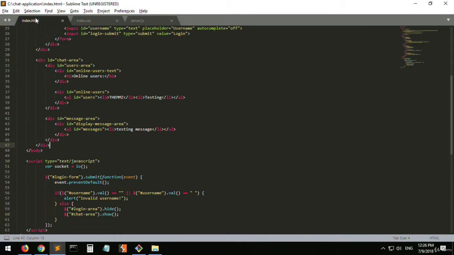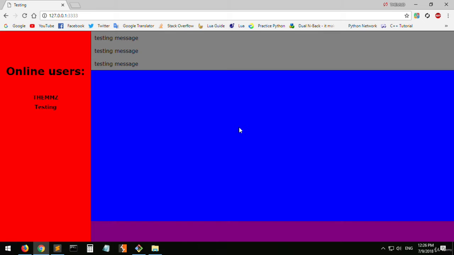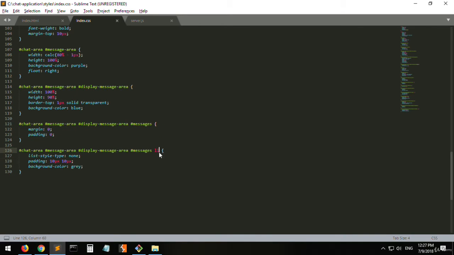Okay, so let's add another li here, and say another 2. You can see it's like that. Well, now the color is actually basic, and you can see that it's actually the same messages. So we will add a CSS property here, which is nth-child with the parameter odd. Okay, so when you say, whoops, we shouldn't add this here. When you add this to the chat area,